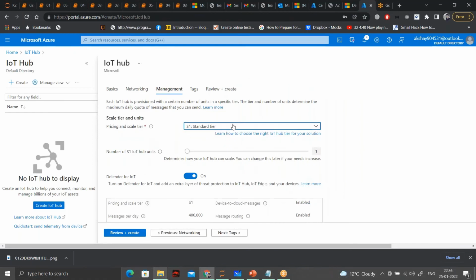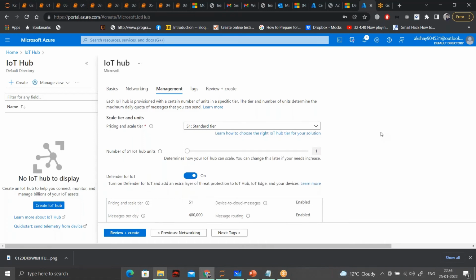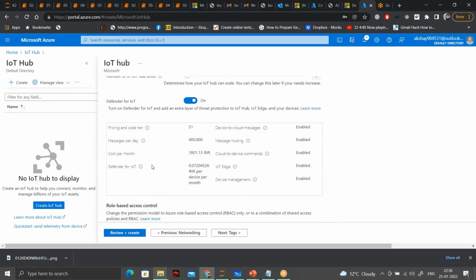So there are different pricing tiers: a free tier and a standard tier. We'll use the standard tier only, and you will see the cost per month, how many messages you can have, and what Defender is.